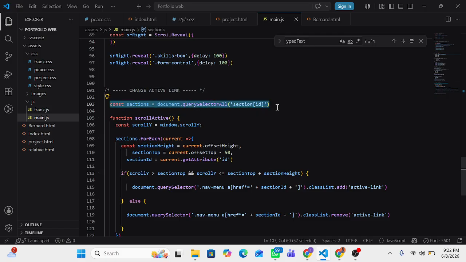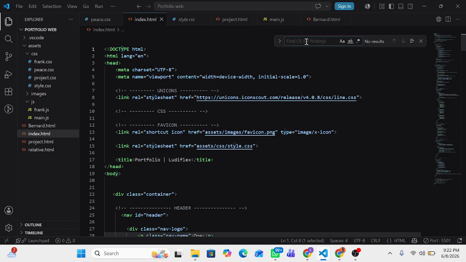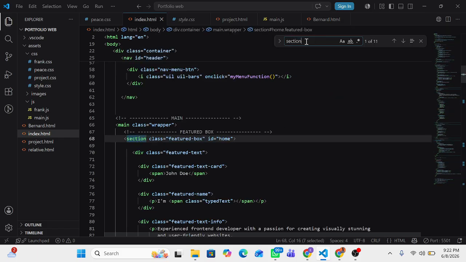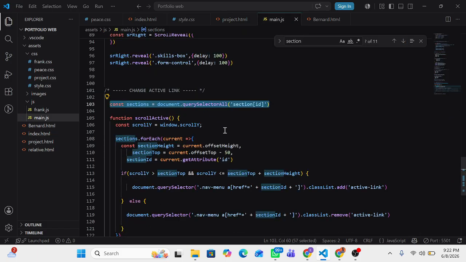So this particular line of code tells us that any session that has an id. Where is the session? The session is in our HTML. So any session at all that has an id. You can see this one has an id, right? Then this one too has an id, right? Almost all the sessions have an id. So it's telling you that